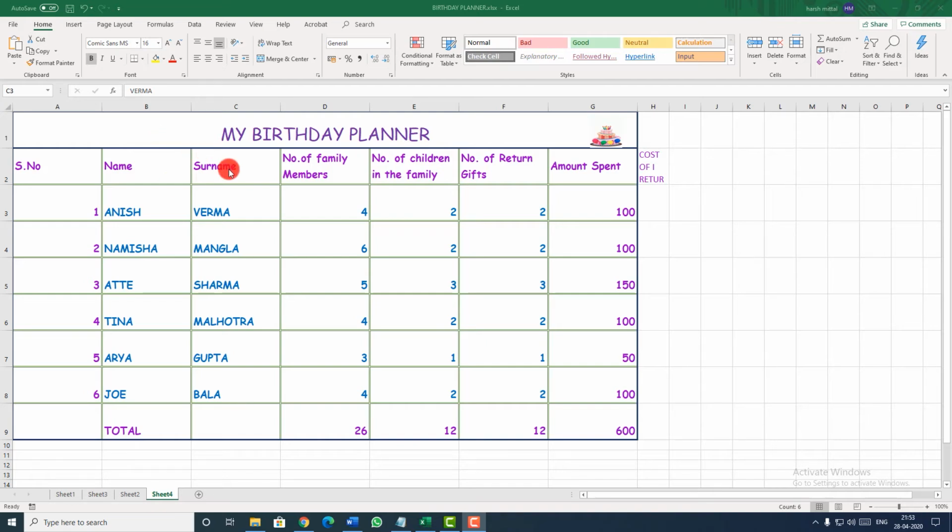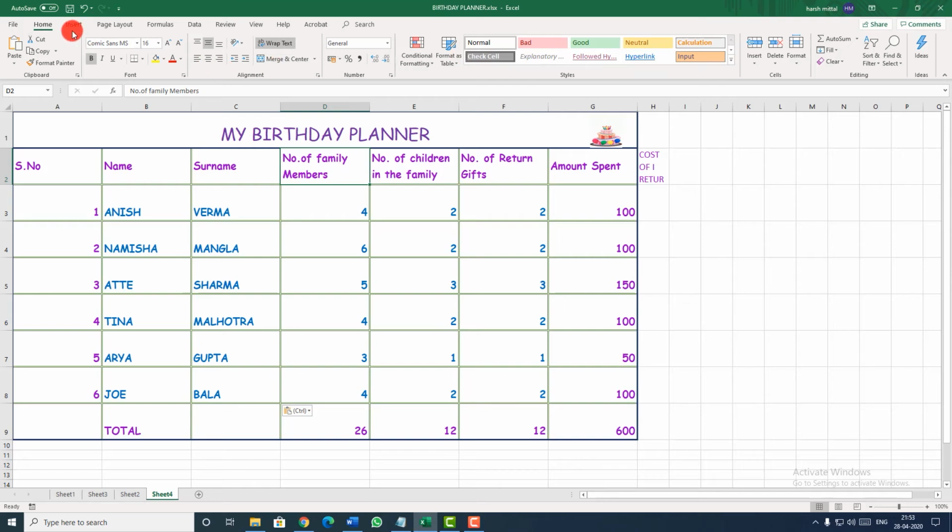So again I'll insert a new column where I will be joining the name and the surname. The name of the column will be full name. Again, where do I need to click? I need to click on the cell D2, that is number of family members.